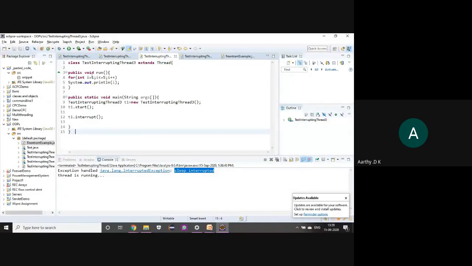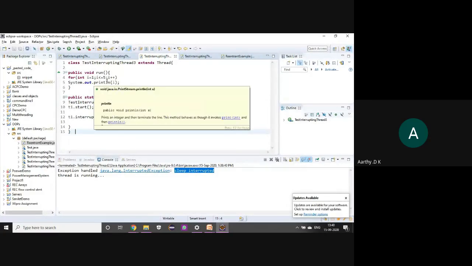I'll just explain the code. Here you have a thread being created. You start the thread, so the run method automatically gets invoked. You are interrupting the thread, but since you don't have any sleep or wait inside this run method, this thread will complete its execution, that is, it will print all the numbers from 1 to 5, then it will stop.